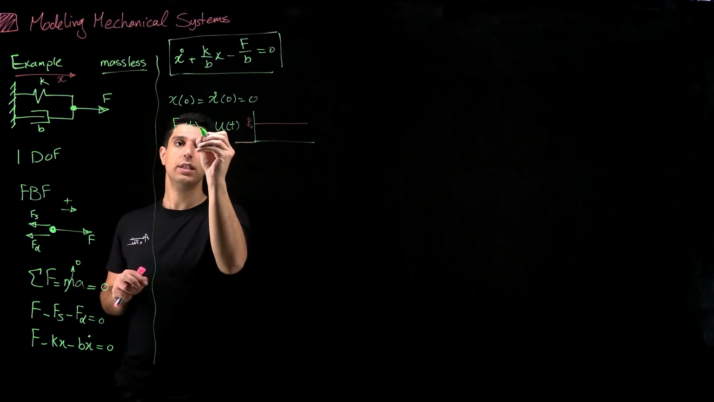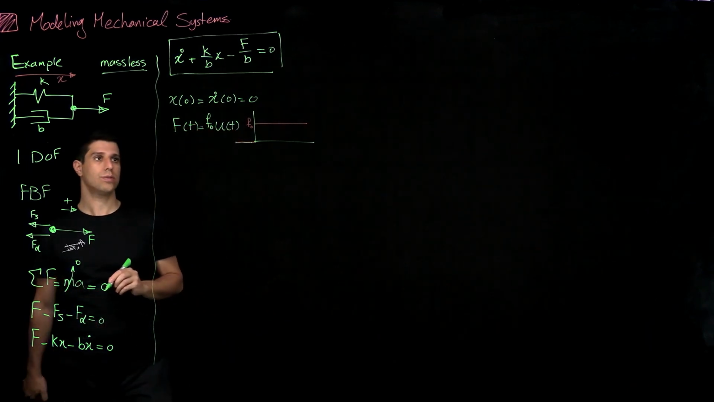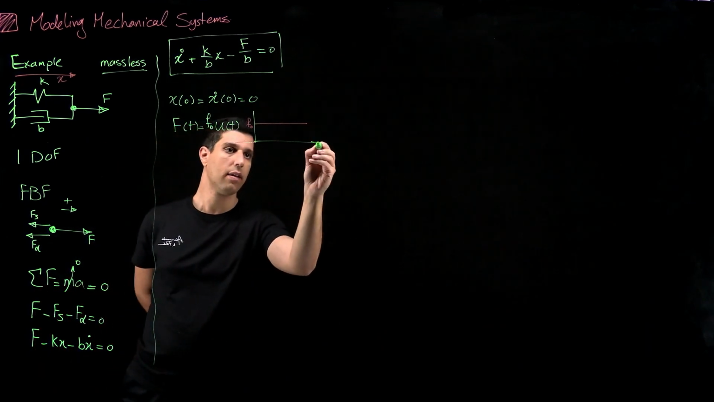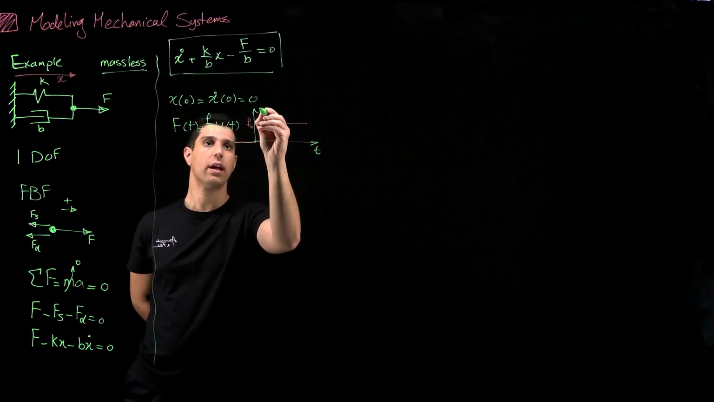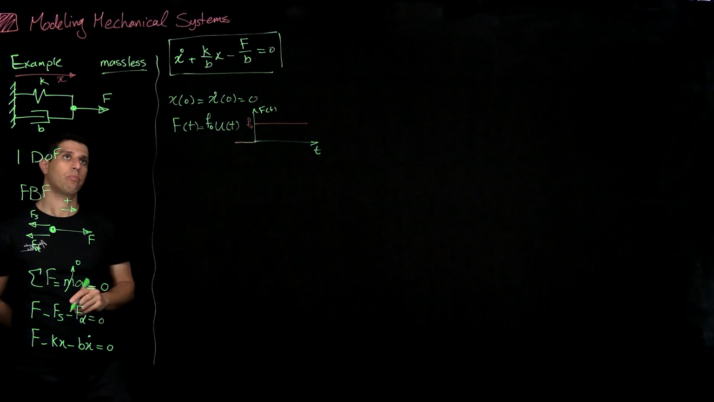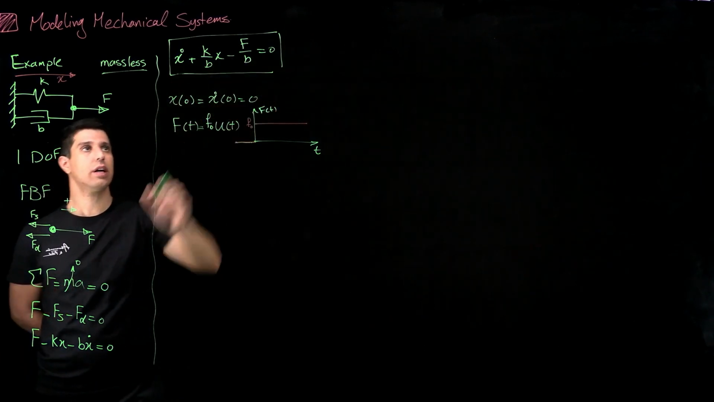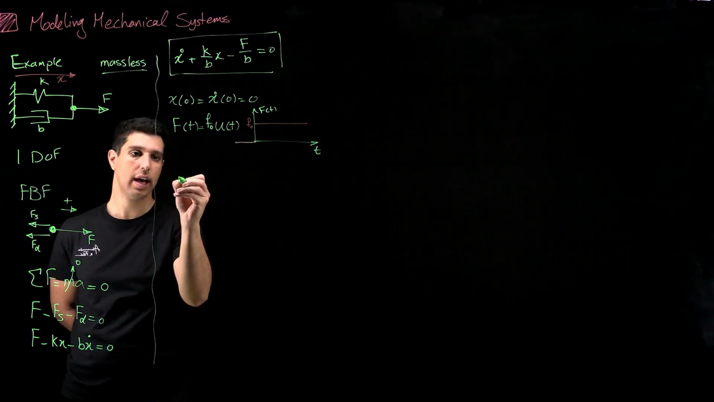F of t equals some f naught u of t. This is t. This is f of t. So taking the Laplace transform of this entire equation, I have